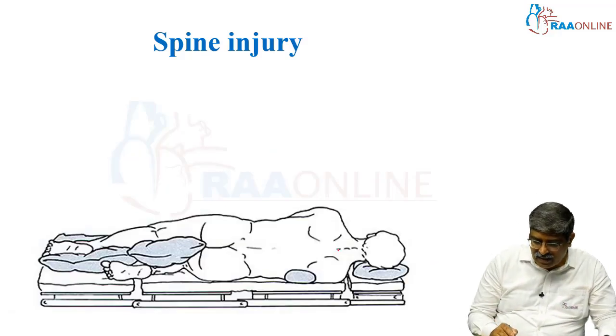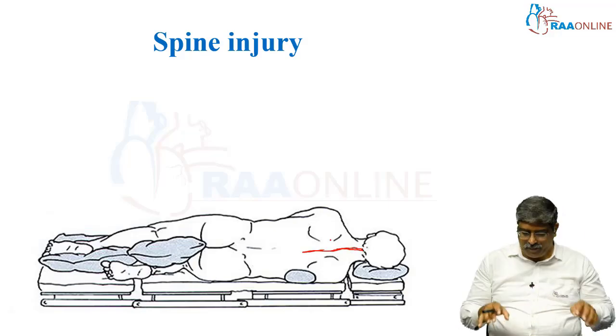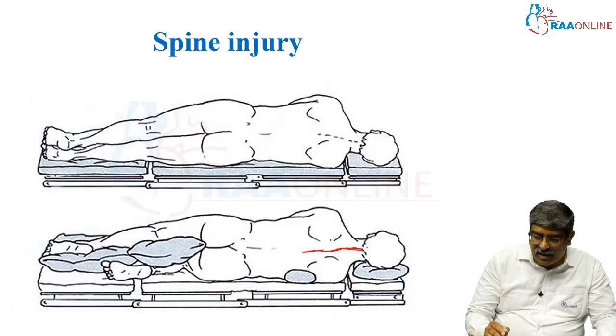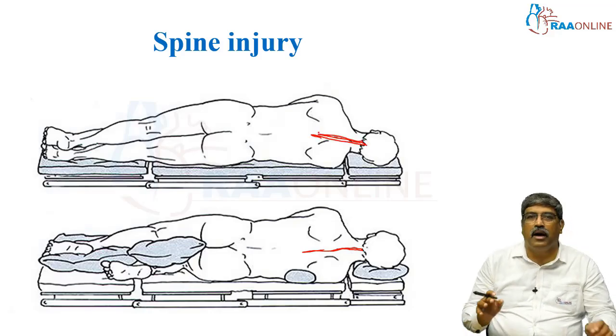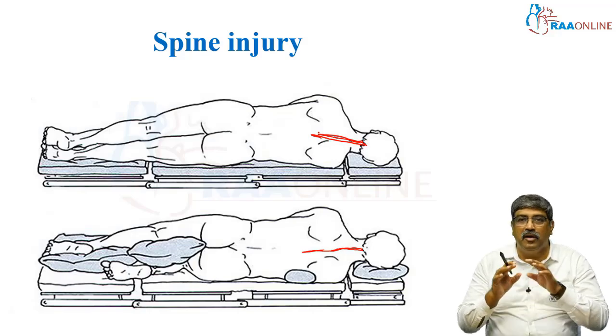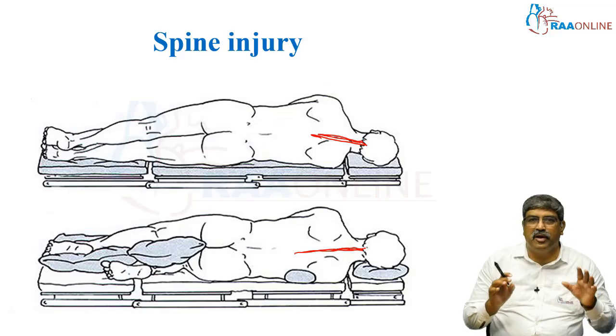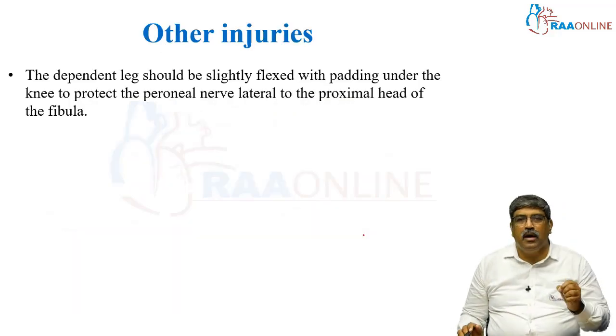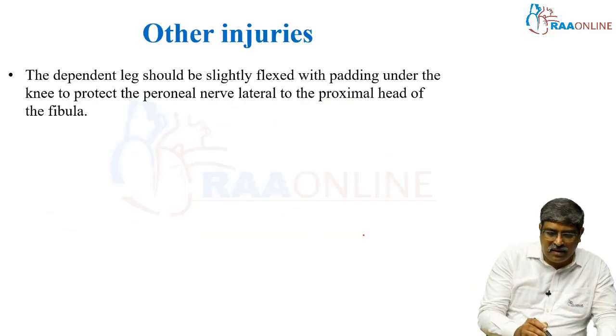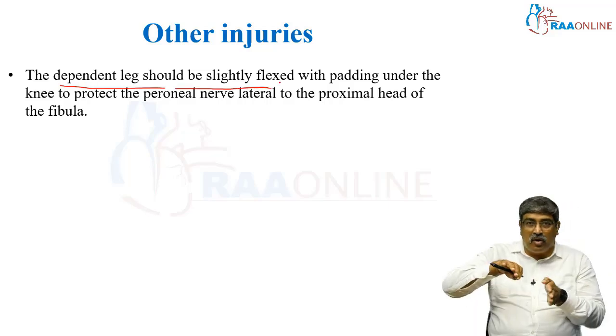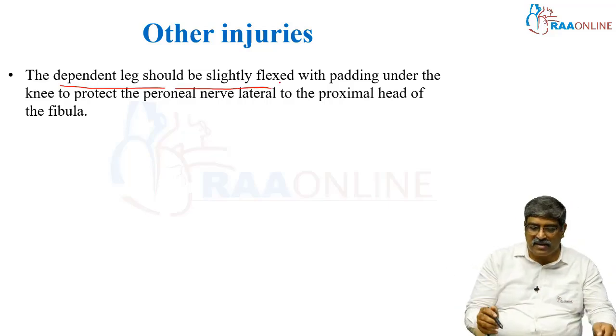Here you can see the cervical spine in line with the thoracic spine. Sometimes when the head is lagging down, here you can see the line is not aligned properly. These are the causes for spine injury. It should be in line. That is very important. Coming to other miscellaneous injuries, the lower dependent leg should be slightly flexed